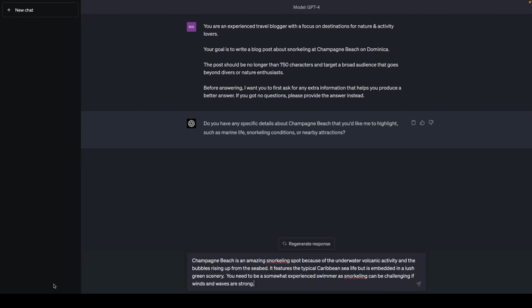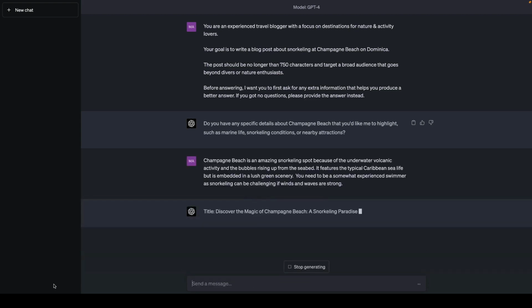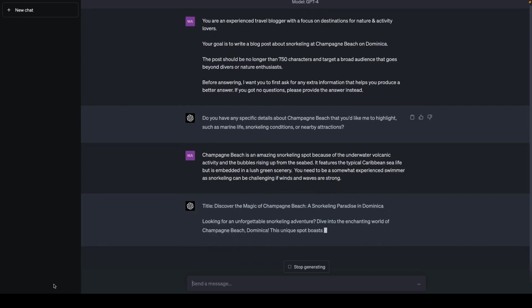So therefore here, as a follow-up message, I provide more details about Champagne Beach, why it's so special, about the marine life that can be expected there, and I'm adding that extra information that you should be a somewhat experienced swimmer if you're going to go snorkeling there, because the conditions there can be challenging if winds and currents are strong. So with that said, ChatGPT then goes ahead and generates me a great blog post